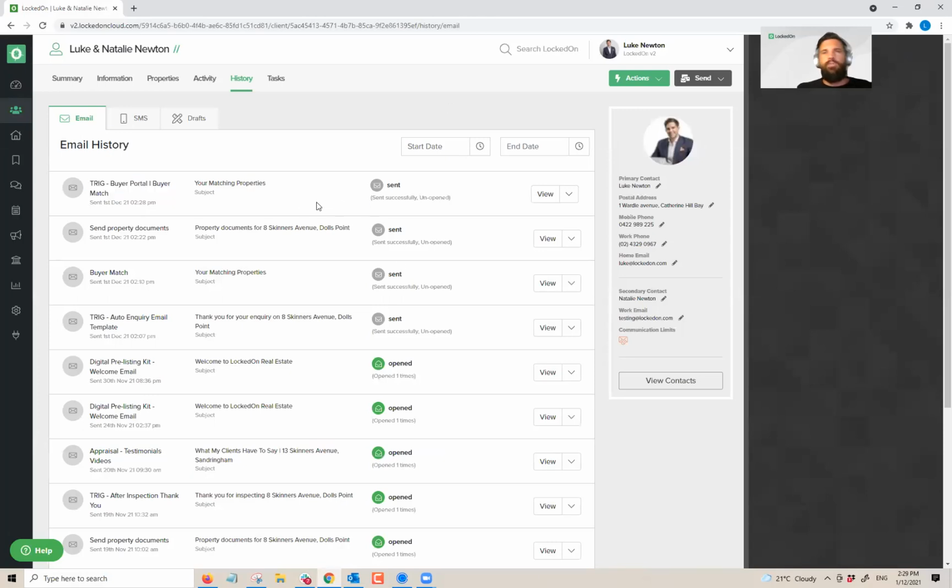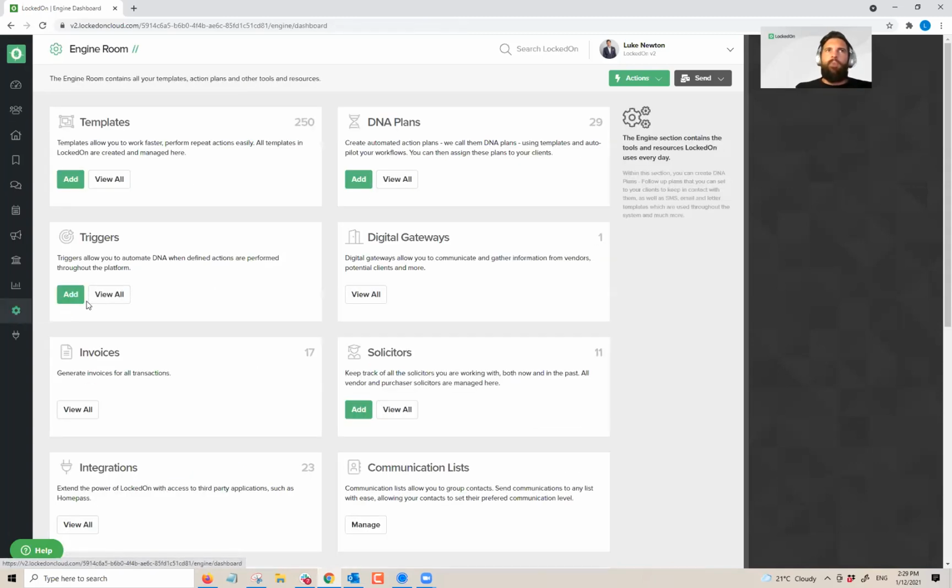The buyer portal tool is a must-have. As I said, it's not going to fix all of your buyer pool problems, but it does help with a big percentage of it. And the people that use it are just going to be more and more impressed with what your company offers. So when we do start with an account and we talk about the buyer journey,